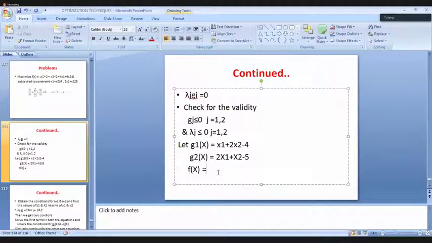If you have taken up to that, I'll tell you. Sir, what these two conditions mean, lambda 1 g1 equal to 0, lambda 2 g2 equal to 0, that means simply both are zeros, no? I'll tell you. Once I explain the problem, I'll get back to your question, surely. Okay, sir. Right. Did you write f of x? Yes, sir.